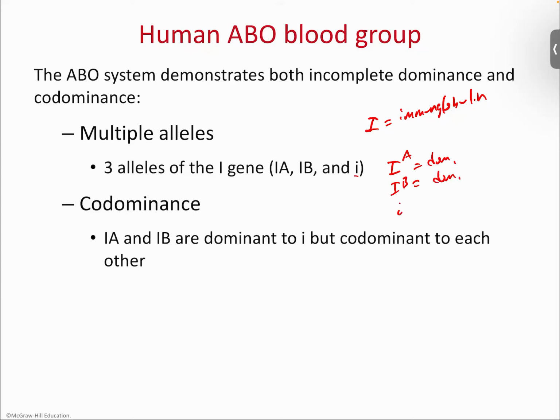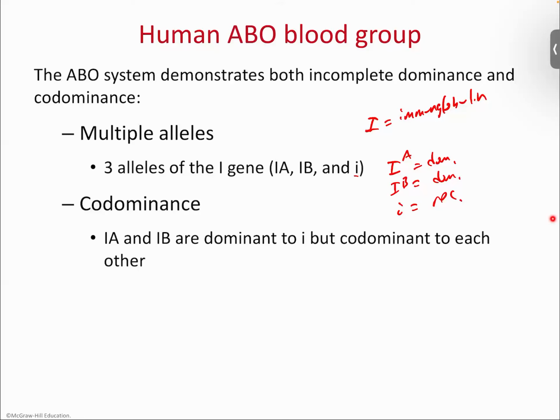And then you have little i, which is a recessive. You have 3 alleles, A, B, and i, that's in the population, but you only have 2 of them. Of course, 2 of them as given to you by your parents. Okay. Now,